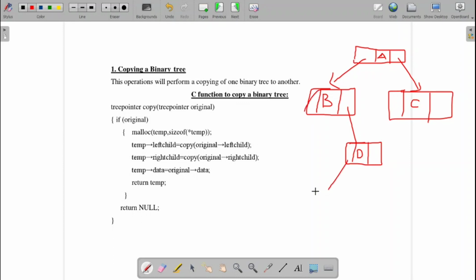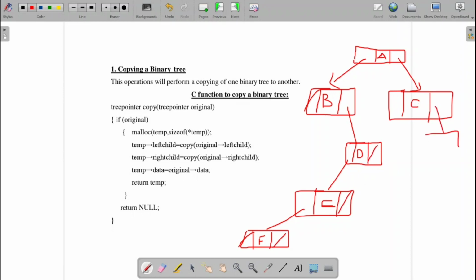D will have only a left child, let it be E. E will have a left child, let it be F. C will have a right child, let it be G.